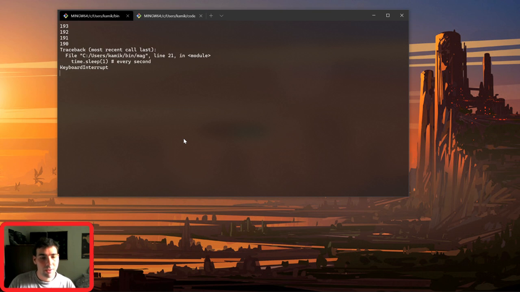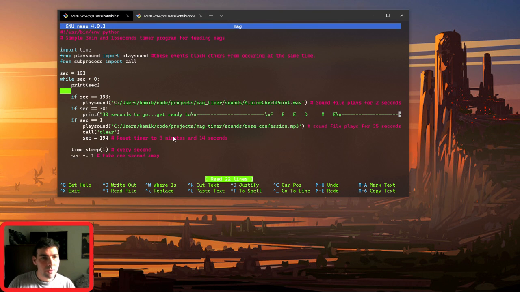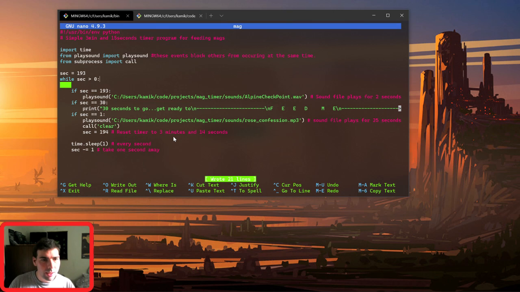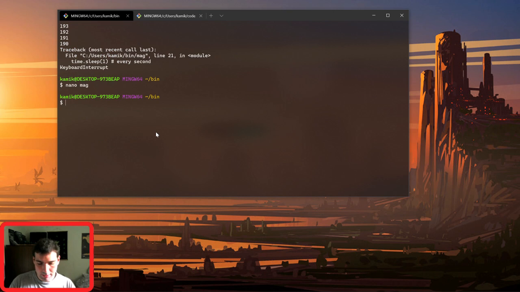Fantastic. I'm going to get rid of the countdown, so this print function here will take care of that. We'll save the file, exit, copy the file from here into